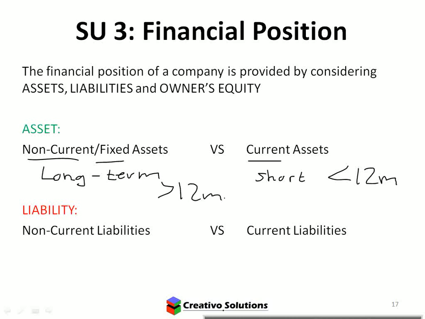Right, so a car, non-current or current? Non-current. The car would last longer than 12 months. Inventory, which is stock. If I'm buying stock to sell, it would be current because hopefully you're going to be selling that stock within 12 months. Liabilities, the same thing applies. You get long-term liabilities, you get short-term liabilities. Except you don't call them fixed liabilities, it's just non-current. Non-current or current, that's it. Again, long-term or short-term. Greater than 12 months, less than 12 months. So if you want an example, a mortgage would be long-term. A credit card would be short-term.